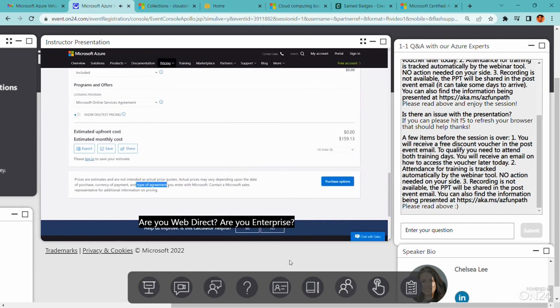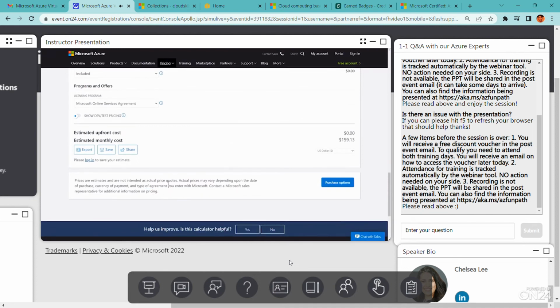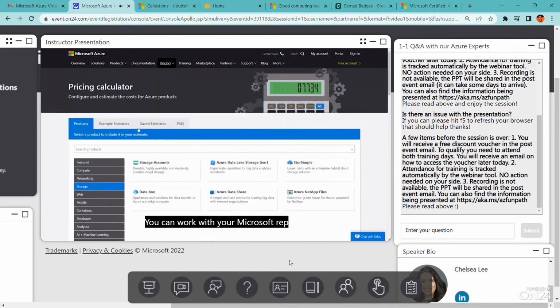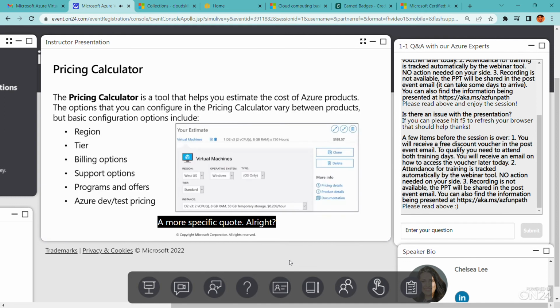Are you web direct? Are you enterprise? Are you working with a cloud solutions provider? So again, all of this is going to just be an estimate. You can work with your Microsoft rep to get a more clear estimate or a better, more specific quote. All right, but this is a really great tool if you're curious about roughly how much is that going to